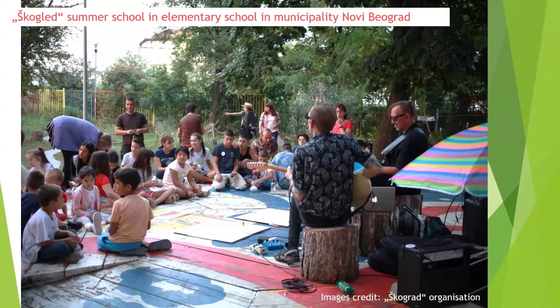Now we have some positive examples of the good practice in Serbia. This first one is organized and facilitated by the Škogled organization. It is a summer school in elementary school in municipality of New Belgrade, of Novi Beograd, and it includes all the before mentioned art activities which are now applied in the space of the school garden. And the space of the school garden is now